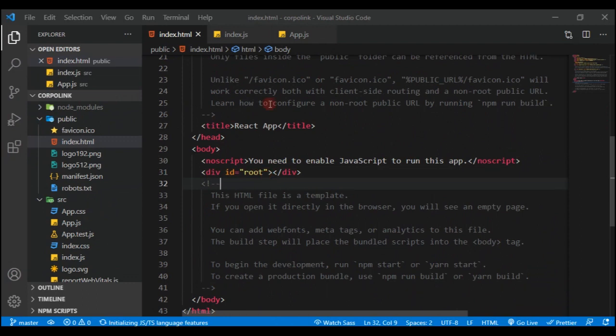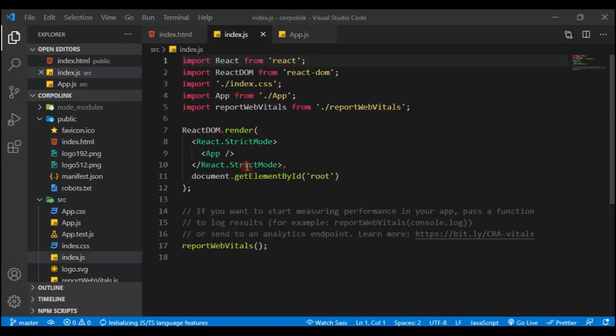Now if I look in the index.js, everything right here is written into this div using document.getElementById. So we import React and ReactDOM, and then index.css, then App, that is this particular component, and then